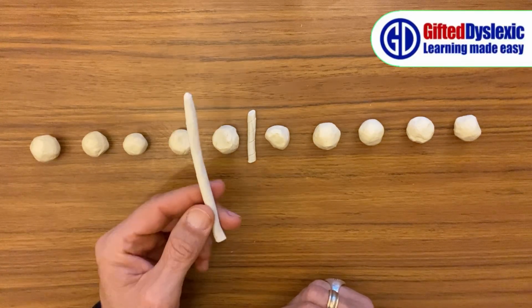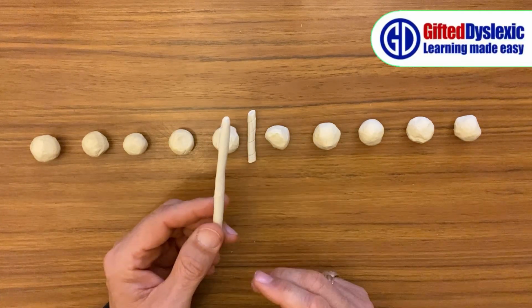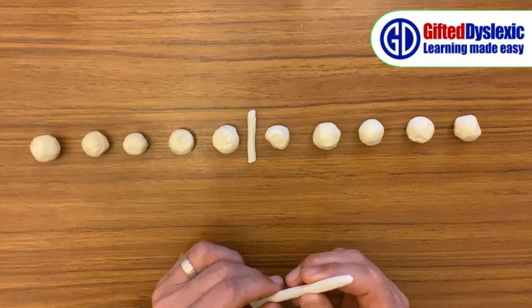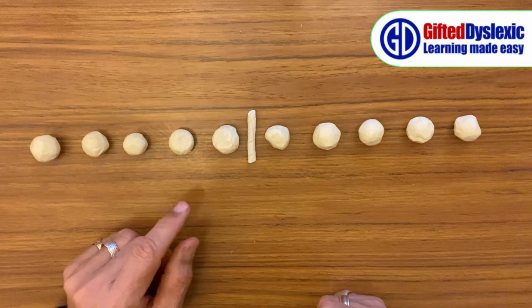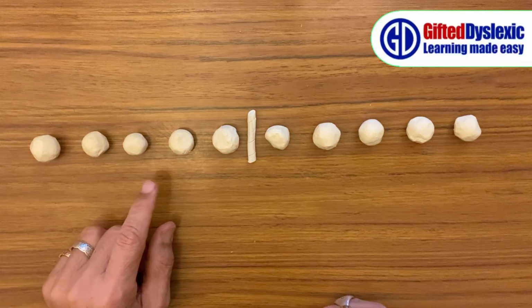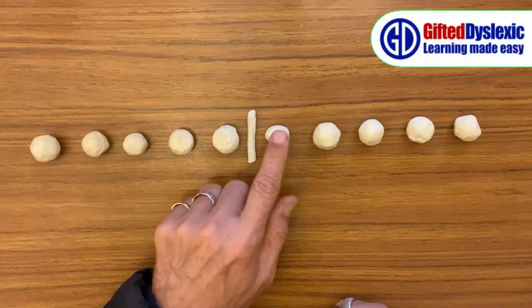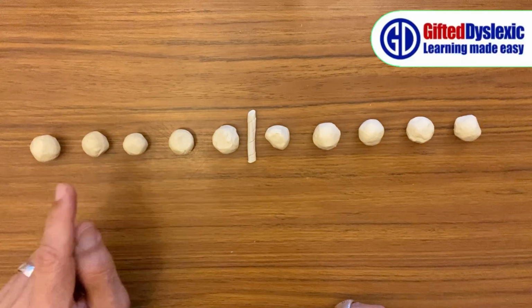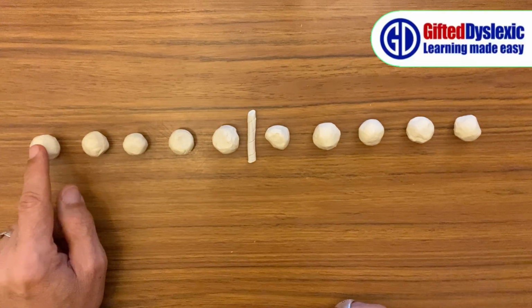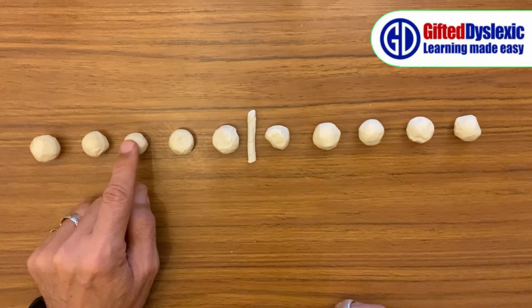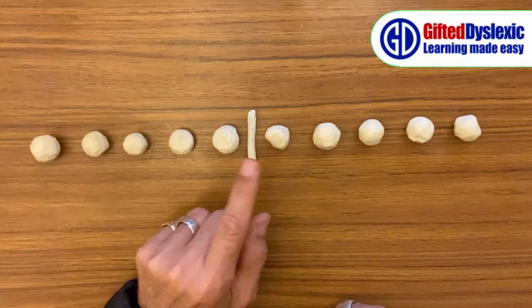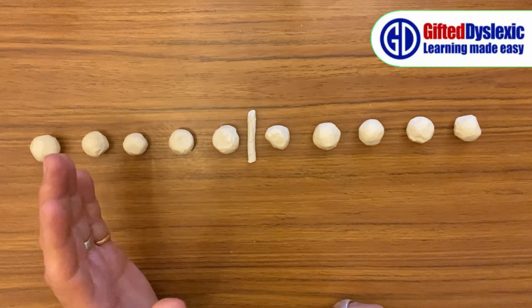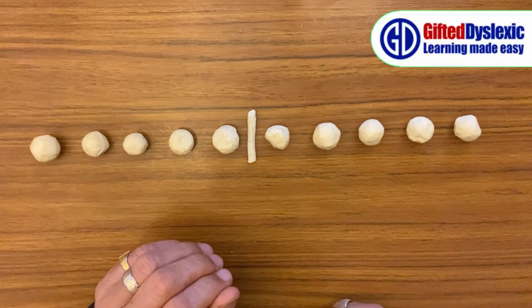And of course, one of the key things here is what I call a boundary, because a boundary is a key idea in counting. We could have a boundary by changing the condition of the balls. 1, 2, 3, 4, 5, 6, 7, 8, 9, 10. And there I was changing the condition of the balls. The counted ones are the ones that have been touched, and the uncounted ones are the ones that have not been touched. That's one way of creating a boundary, changing the condition. I could be changing the